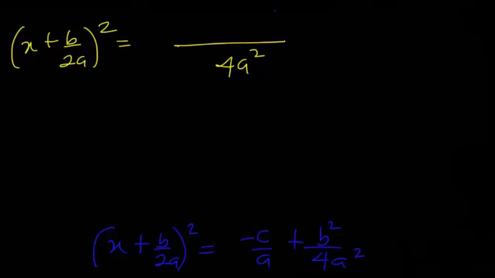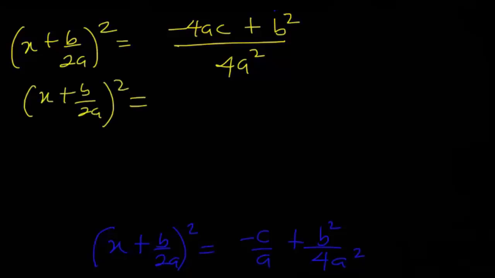So 4a times c will give you minus 4ac, because that's 4a times minus c. Then plus, 4a squared in 4a squared is what? 1. 1 times b squared is b squared. So this gives us x plus b over 2a all squared is equal to, you can rearrange this as b squared minus 4ac